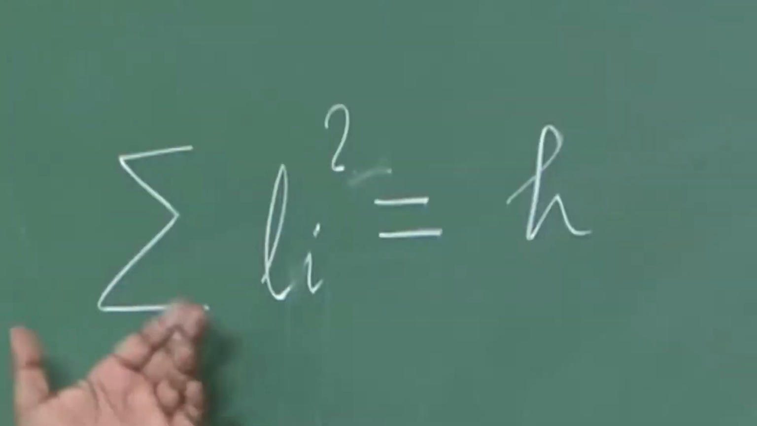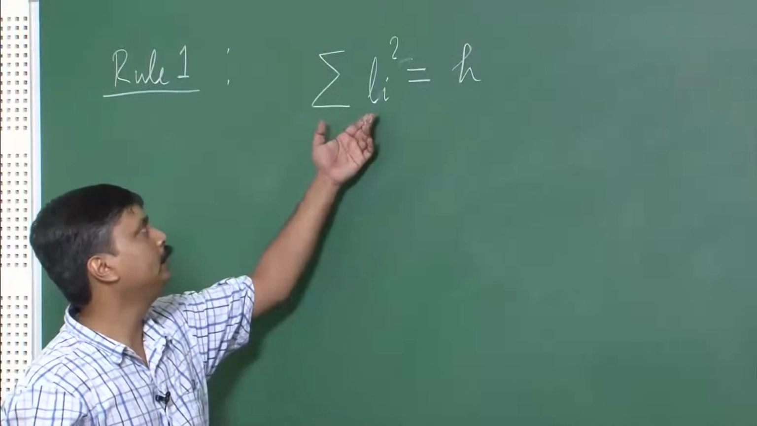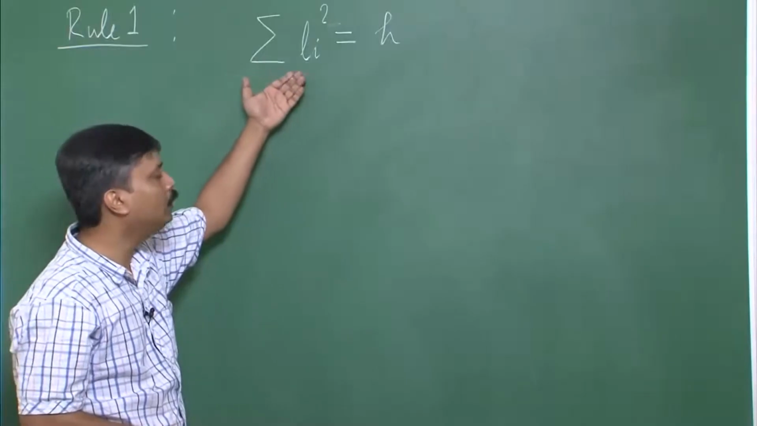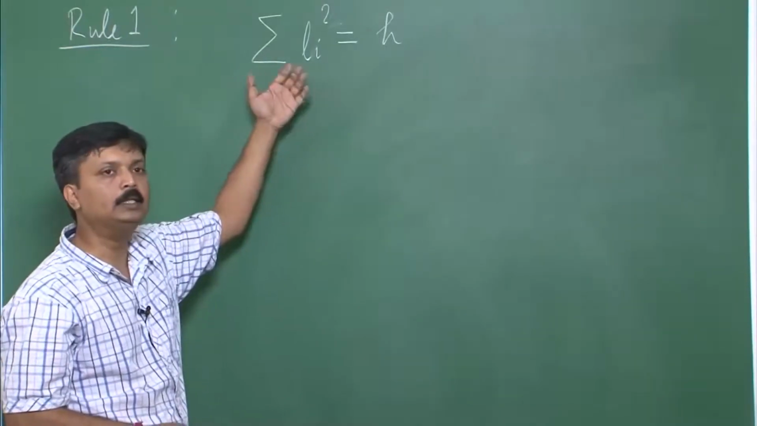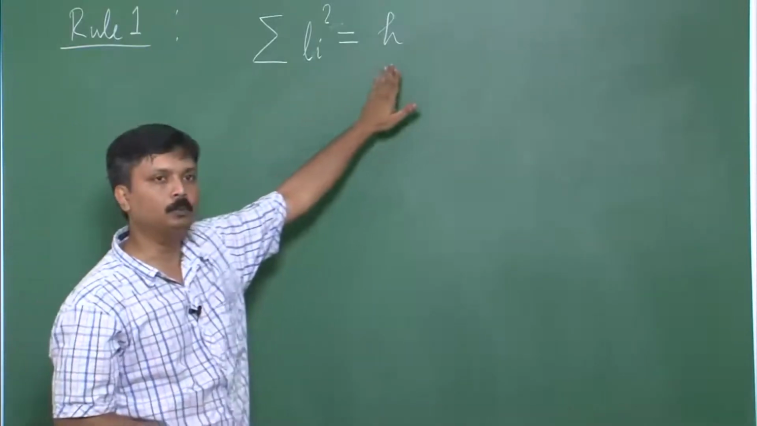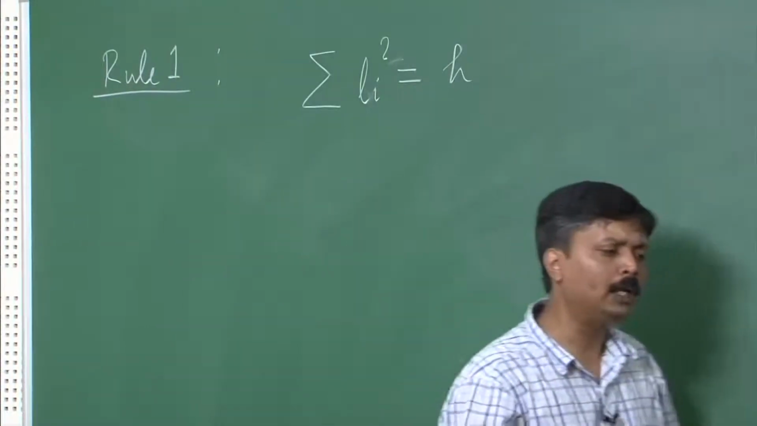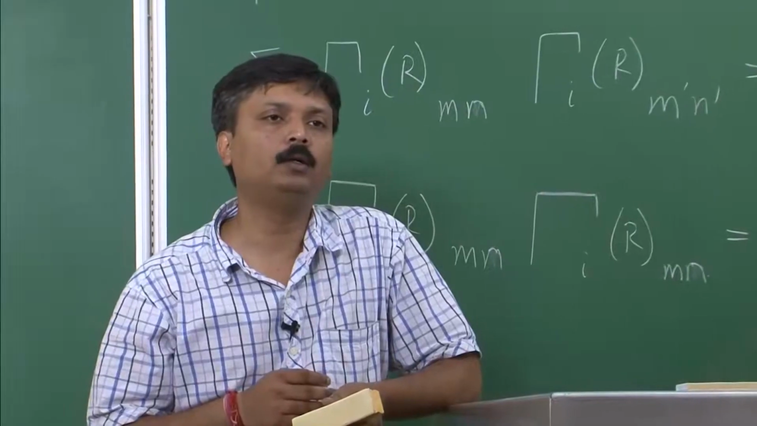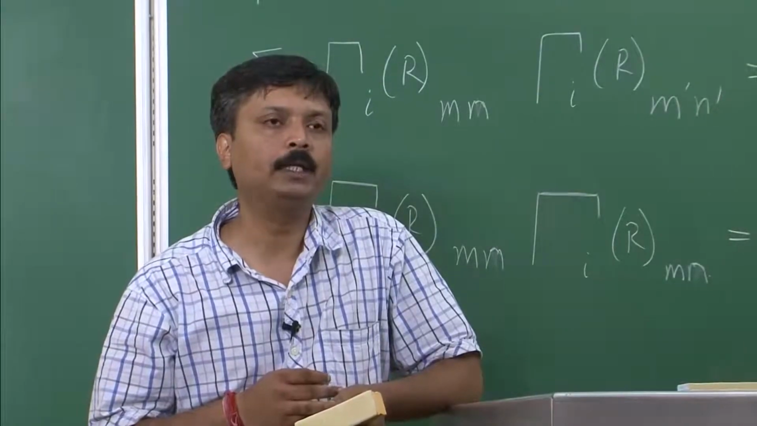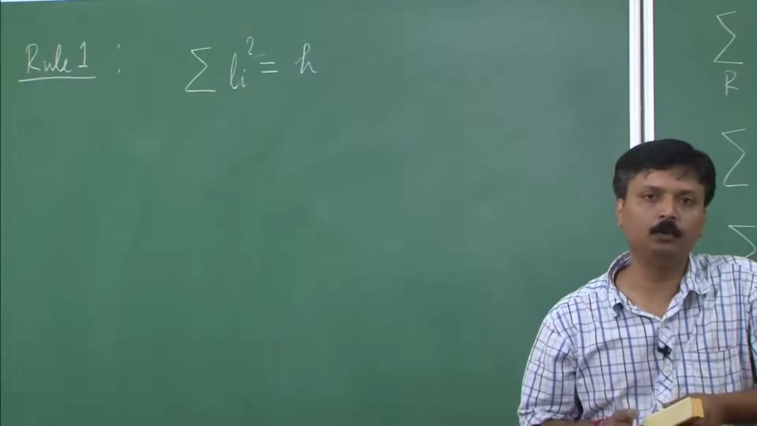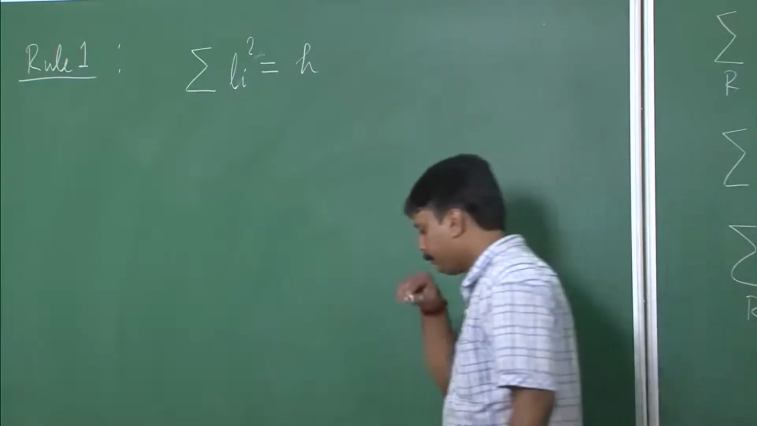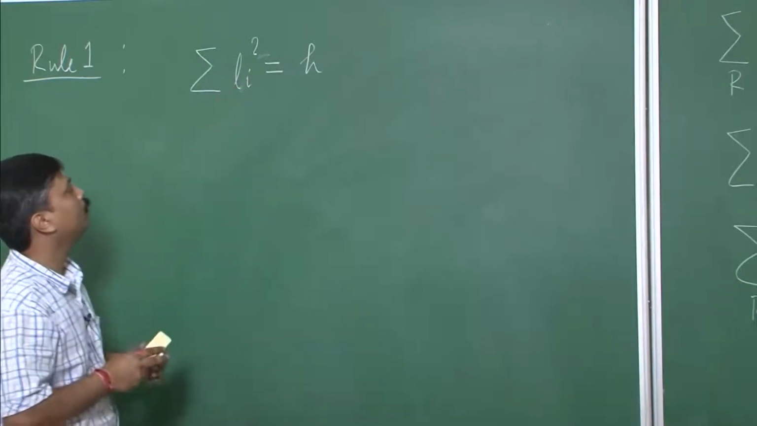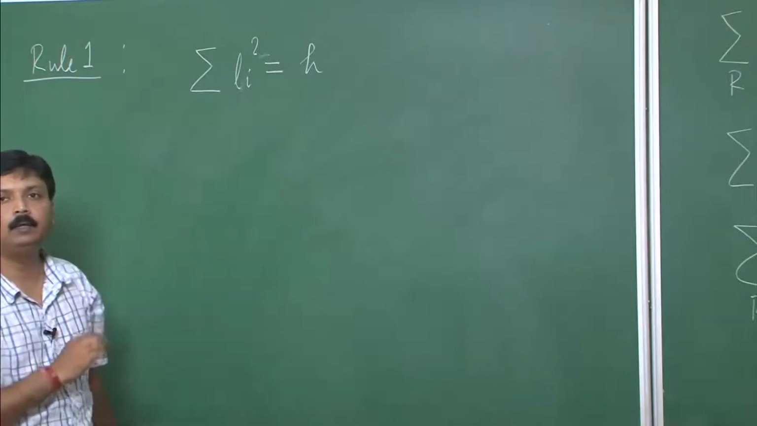So mathematically, if I want to say that, it equals this, where Li represents the dimensions. So it says the sum of the square of the dimensions of all the irreducible representations of the group is equal to the order of the group. Okay. One can prove this particular rule, but that is pretty tedious, and we will not try to prove this one. But one thing that we can figure out from this particular expression is this,